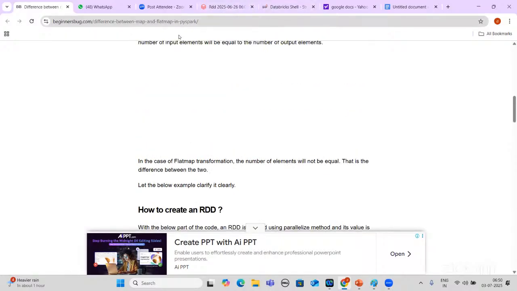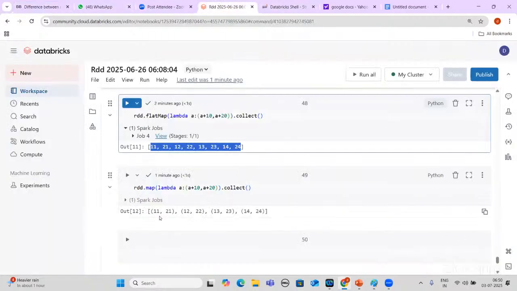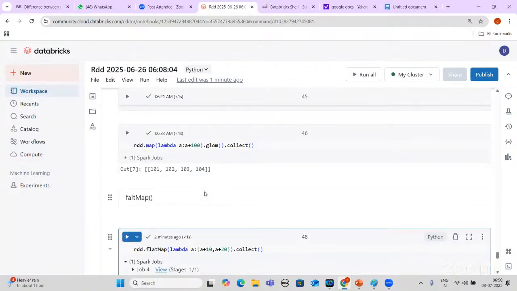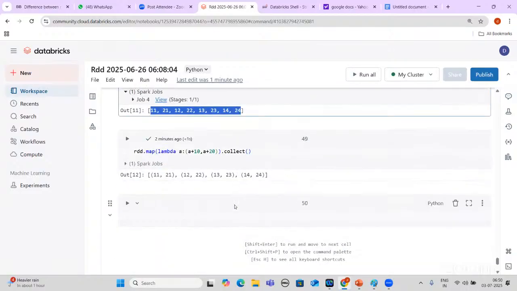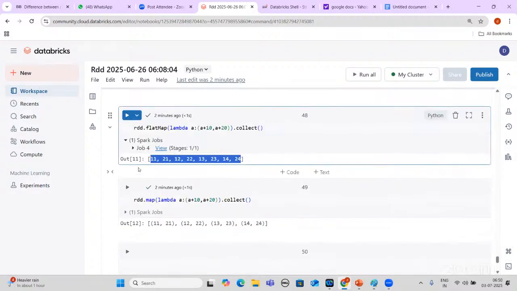Here, the way it loads is the same way it gives the output. When I create this, it takes them as sets here, but here it gives the flat answer. That is the only difference. Whatever input it takes here, it will give you like that. Just understand, we have RDD 1, 2, 3, 4.